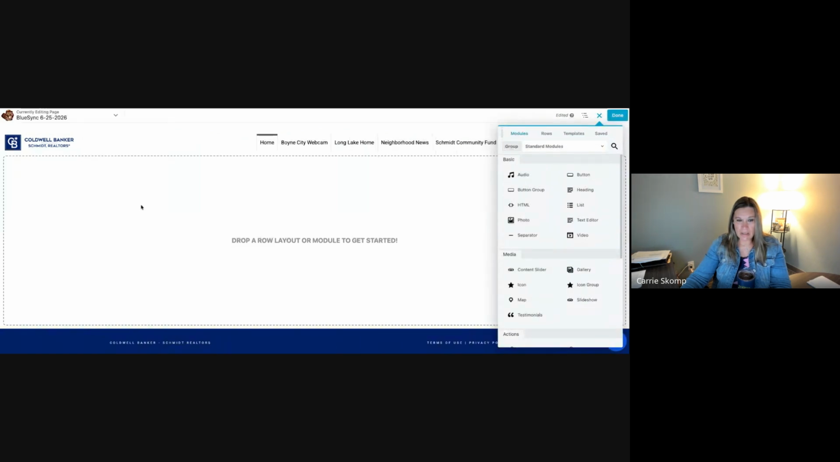That will now launch you into the customized page wizard. So you'll see over here to the right, you have modules, rows, templates, and then saved. So you can save your own templates in the system as well if you're playing around with them. If you're being super innovative and you want to start from scratch, you can start adding these certain things in. You can add audio, you can add a list, you can add video, but I would highly recommend going over